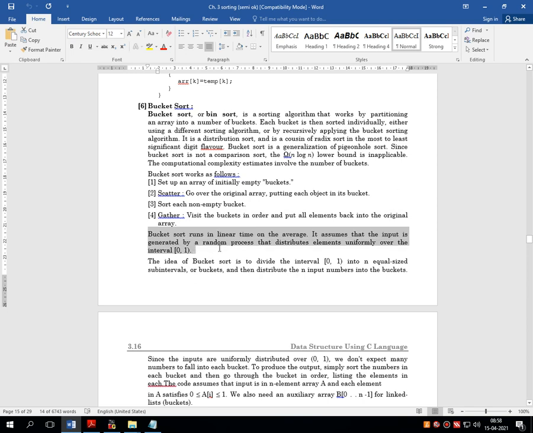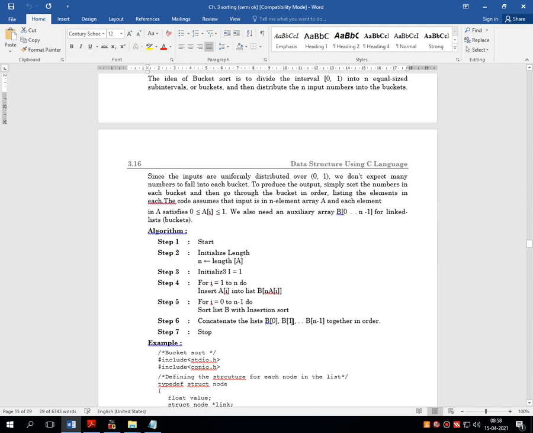Bucket sort runs in linear time on average. It assumes that the input is generated by a random process that distributes elements uniformly over the interval 0 to 1.